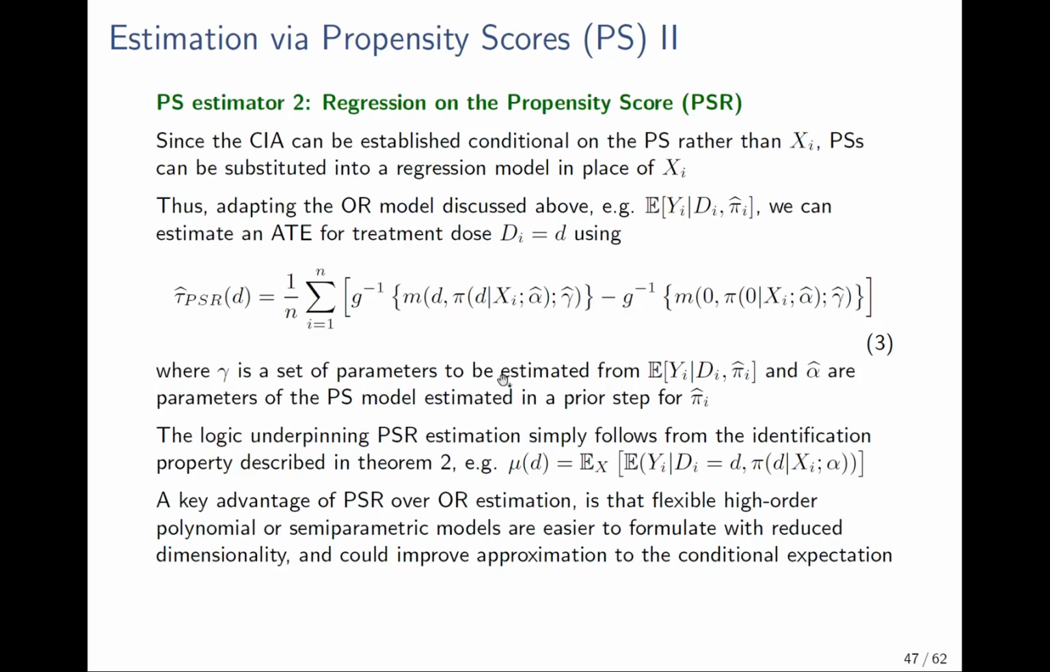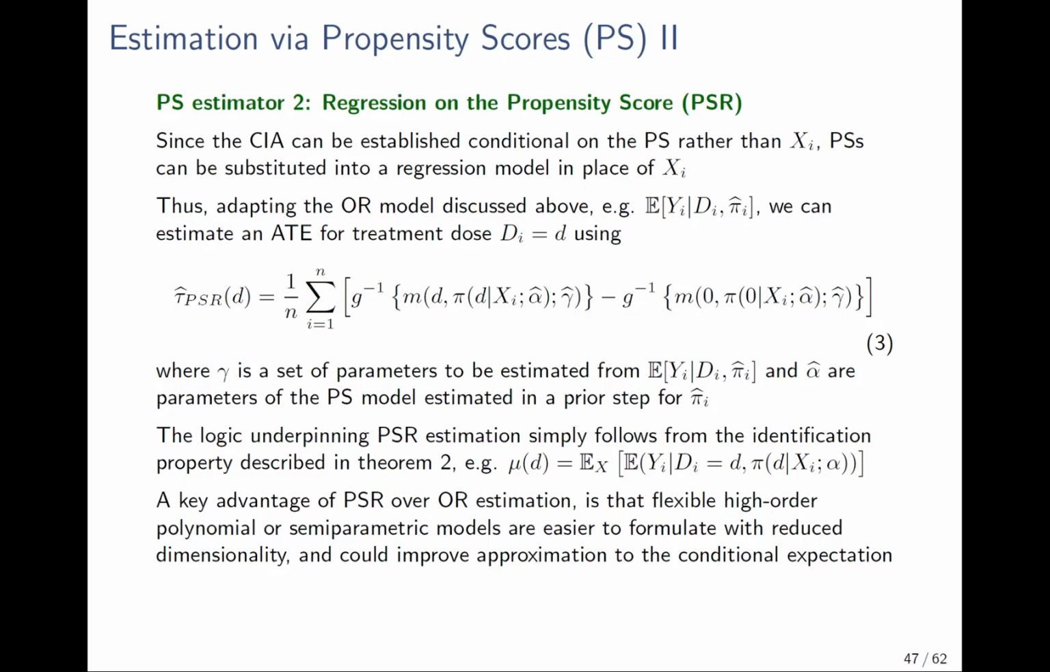Here gamma are parameters to be estimated from this regression model that approximates this conditional expectation, and alpha hat are the parameters of the propensity score estimation model that's been conducted in a prior step. So the logic underpinning PSR estimation simply follows from the identification property described in Theorem 2. That is this expression here. But why would we want to do it? Well, a key advantage, as we've said earlier, is